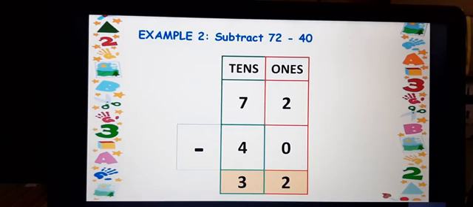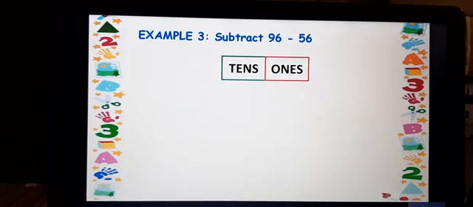Maths homework book. So the third question is subtract 96 minus 56. 96 minus 56. Thinking something there? Yes, 6 minus 6, because in the ones place both the numbers are the same. If you are holding the same number and you remove all the same numbers, what happens? What is left? Think and answer it. This is given for you as homework. You do this problem.